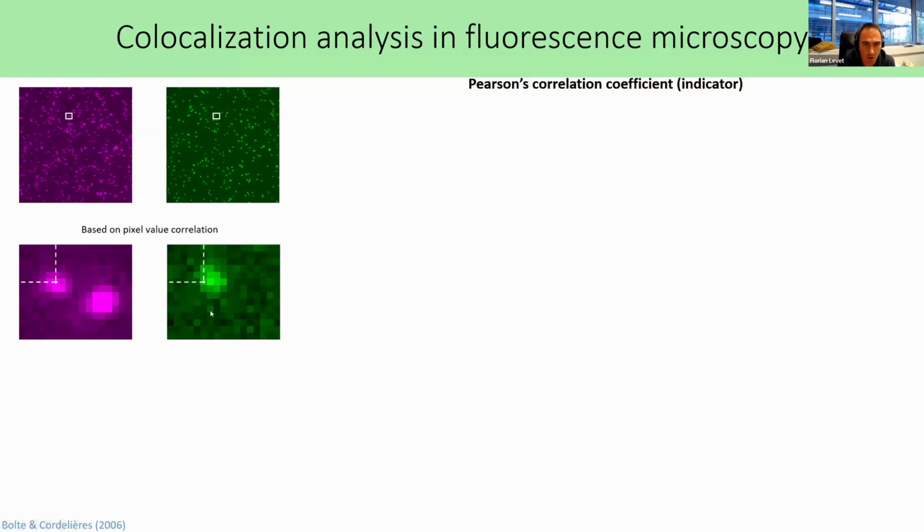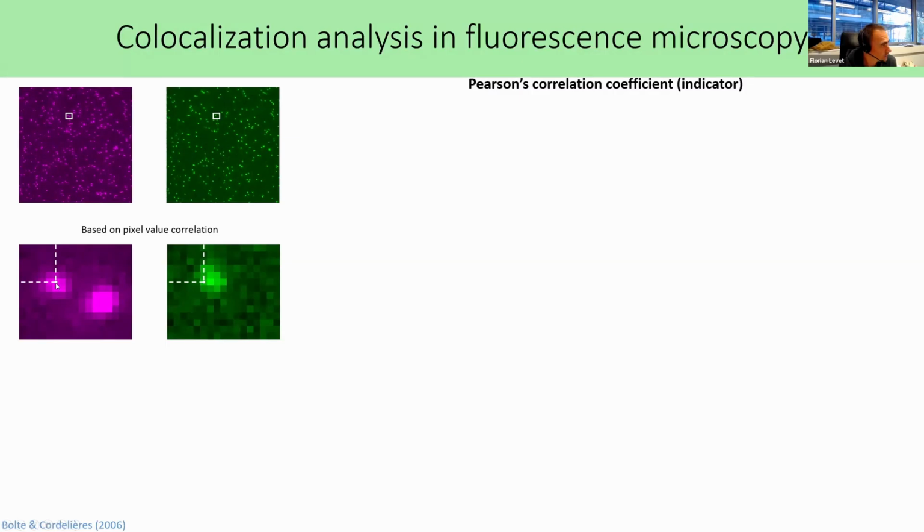The gold standard for colocalization analysis with fluorescence microscopy are the Pearson and Manders coefficients. And this is because they are very easy to understand and very easy to use. And they are based on the correlation analysis